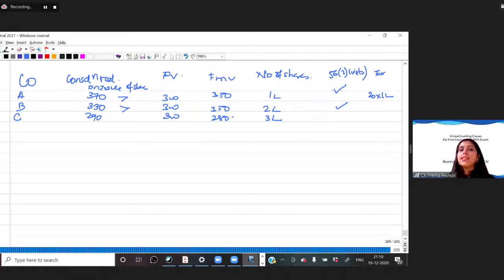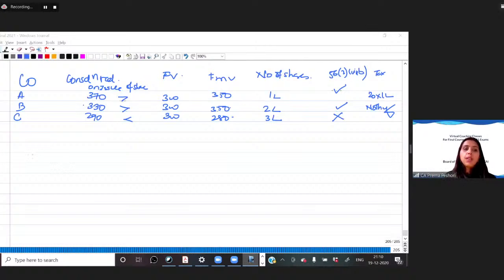What will be the taxable amount here? Here the consideration is less than FMV. In the second case, the consideration is less than FMV, so nothing is taxable. In the third case, consideration is less than face value, so 56(2)(7)(b) is not attracted. Are you clear with this? Any doubts? Did you understand this concept?